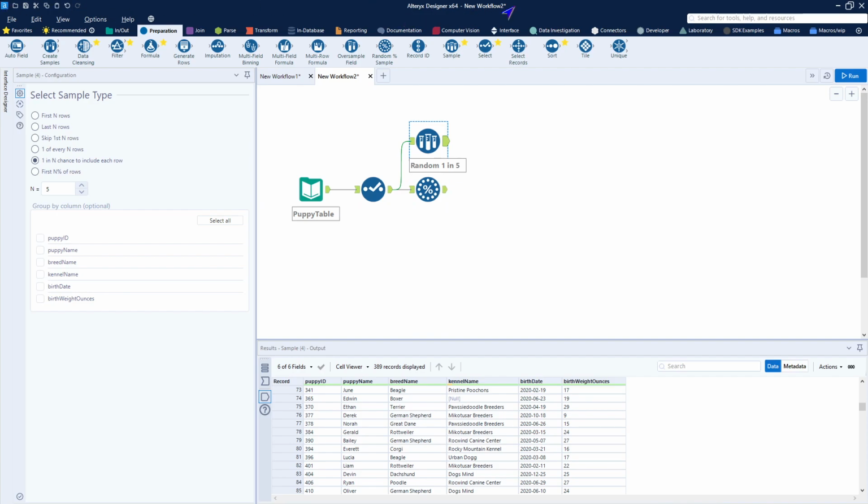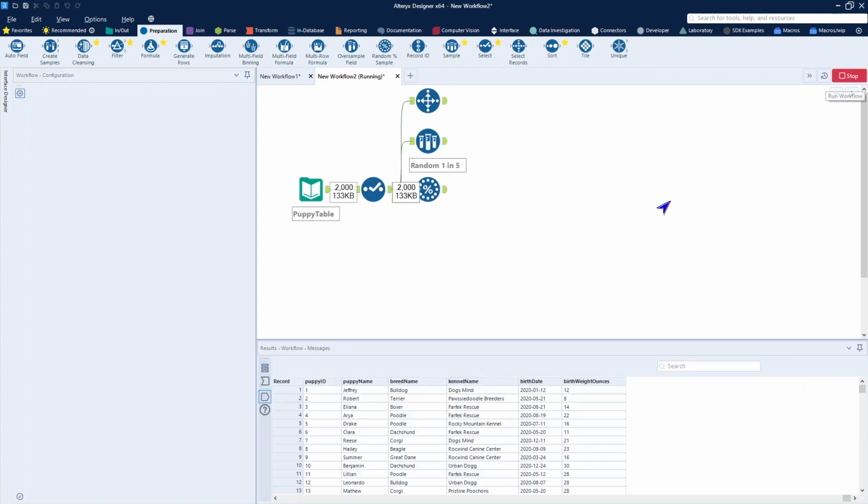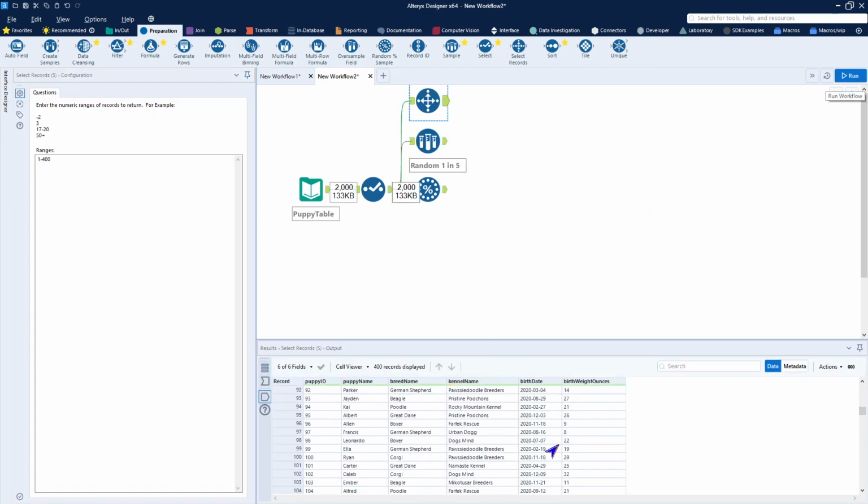And then finally, the select records. Select records is useful in a number of different circumstances. I'm not so sure that it's randomly choosing them, but since this data was picked randomly, I can just say I want the first 400 records. So I want records from 1 to 400. And since these puppies were more or less created randomly as well, it'll give us a random set of puppies across the breed and kennel name